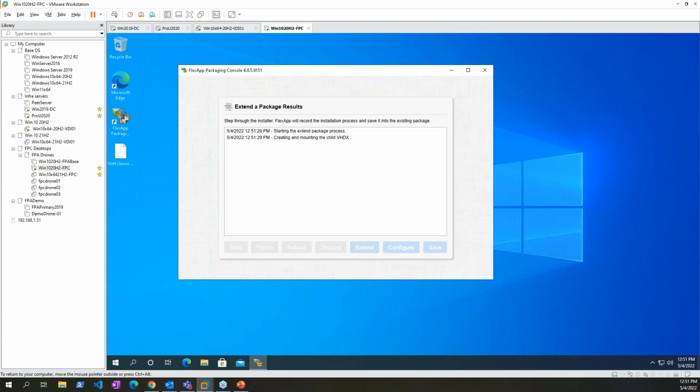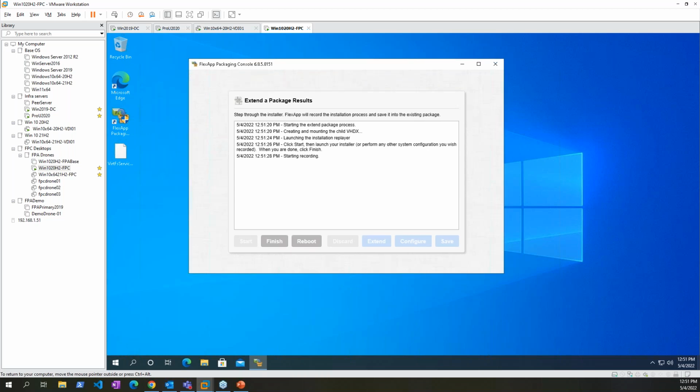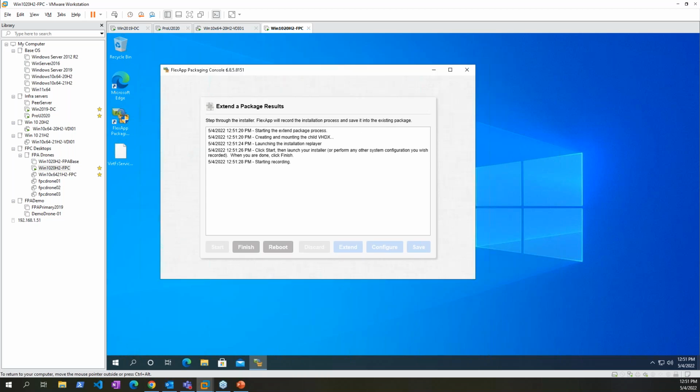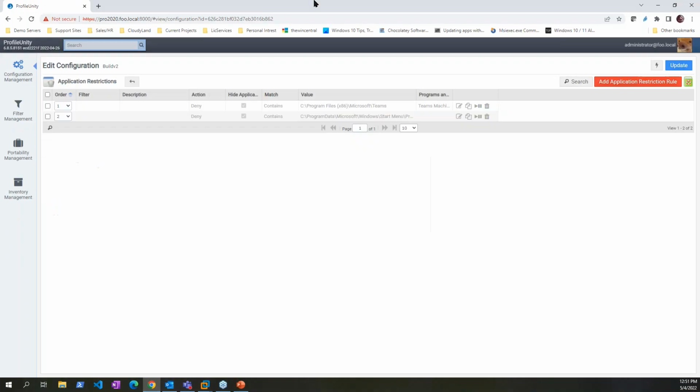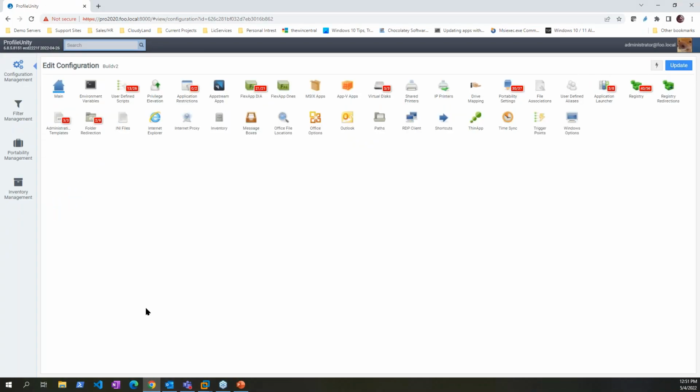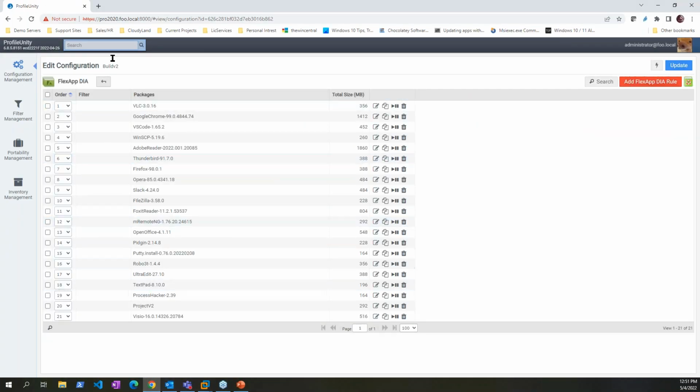So now that the application is going to be added back onto the sequencing workstation, I just hit start and install whatever patches and things like that I need to. If, however, like most applications, it does an uninstallation of said software, then I would recommend you install it fresh. Then when it comes to the back end part of that conversation, then it's just a matter of going into